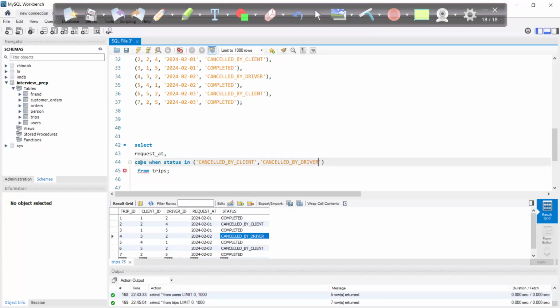I just want to count it, right? Then it is considered as one, else consider it as null. So what will it do? If it is falling in cancelled by client or cancelled by driver, it will count it as one, else it will count it as null. So whenever a cancellation is happening, it will count, else it will not count, right? So that is one query as cancelled